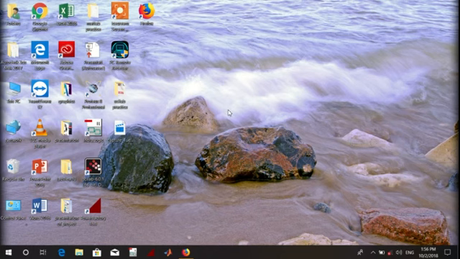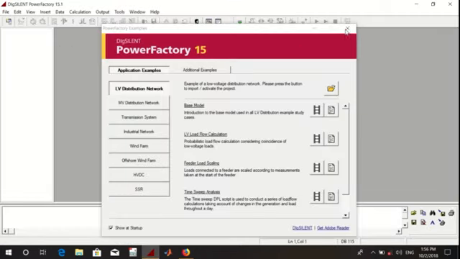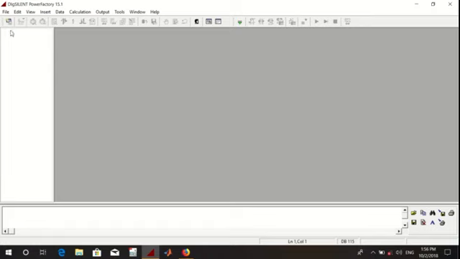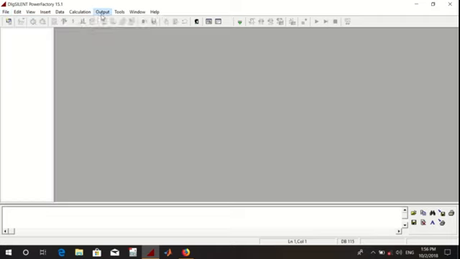Okay friends, we are going to discuss a portion of load flow analysis by PowerFactory DIgSILENT. Now first open DIgSILENT, close templates, we can select any one, distributions, anything. Go to file and here new,